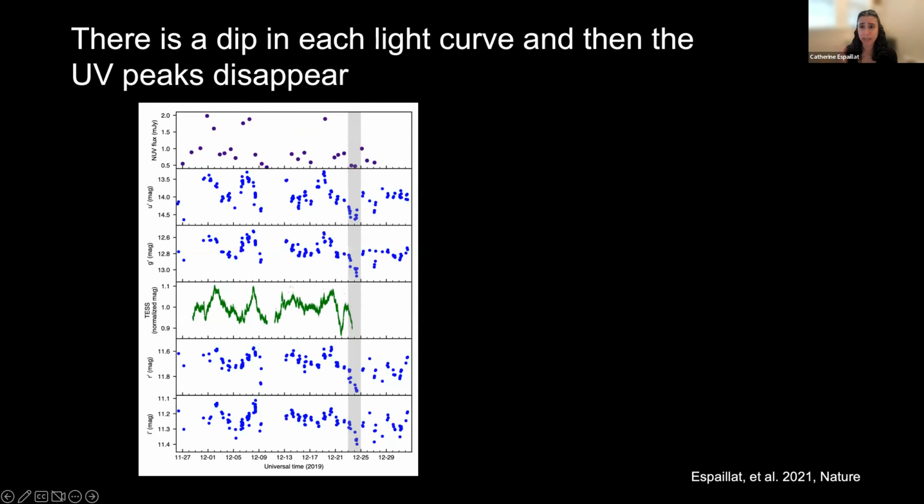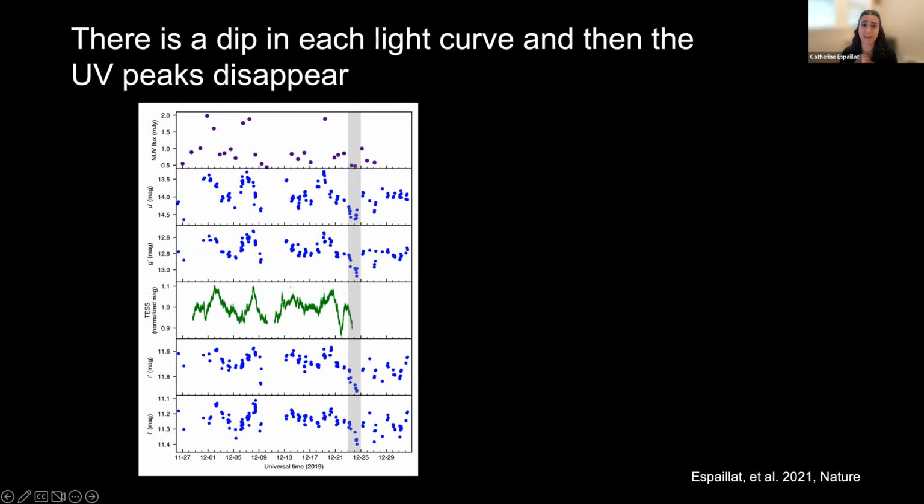So the second feature that I mentioned is that there's a dip in all the light curves, and it happens at the same time. That's highlighted by the gray shaded box, and it occurs on December 23rd to 25th. There's another dip, if you notice, on December 21st to 22nd. It was only caught in the TESS data set because the SWIFT and the photometry did not overlap in time. So I'm just focusing on the gray box there. We see the beginning of that second dip on the 23rd in the TESS data, and we trace the entire dip in the SWIFT data and the photometry.